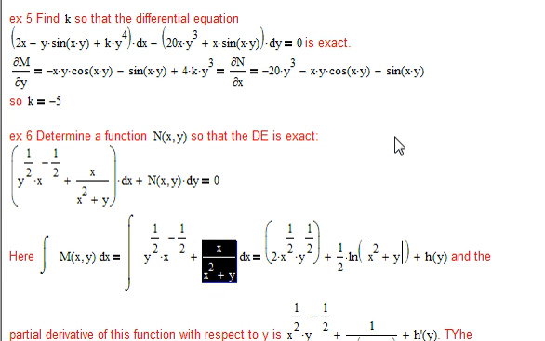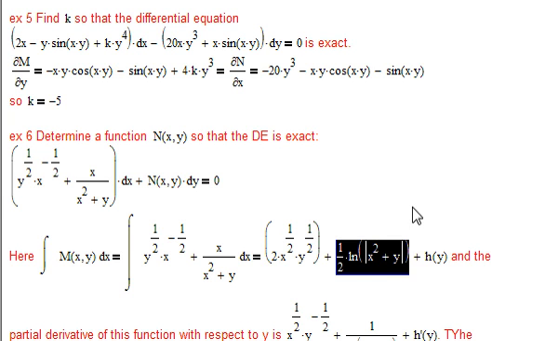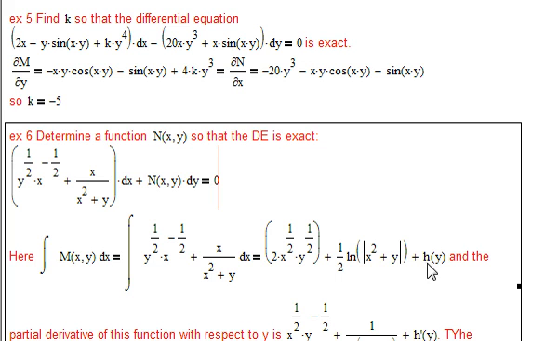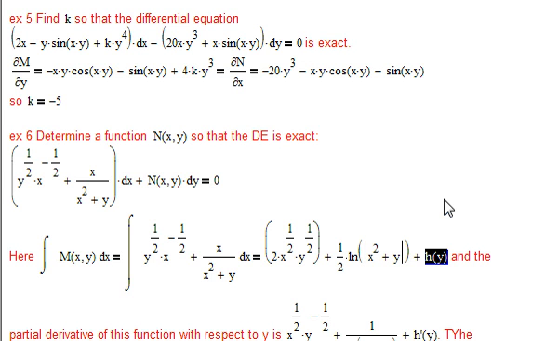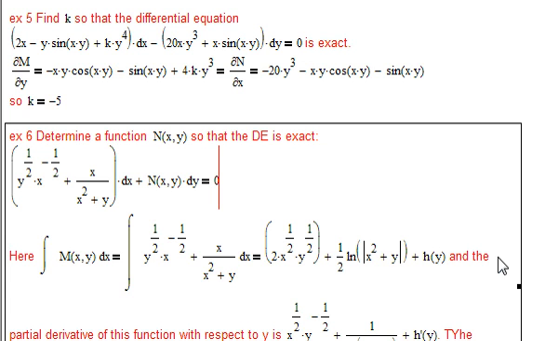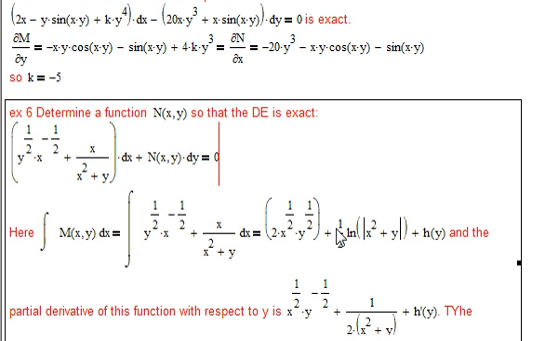And I think it wouldn't be too hard for you to see if you let u equal x squared plus y, then du equals 2x dx, and we have x dx already in the numerator. So a quick u substitution should show you why that's 1/2 ln of absolute value of x squared plus y, plus some function h of y, which is like a constant since we integrated with respect to x. But this indeed might be our function f of xy that we want to set equal to c,